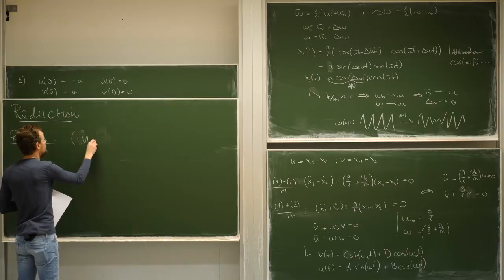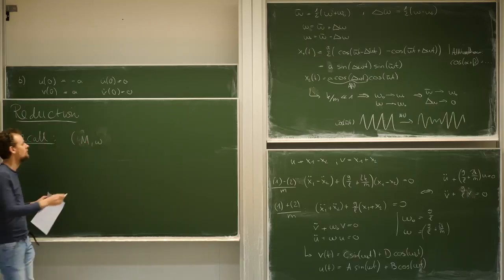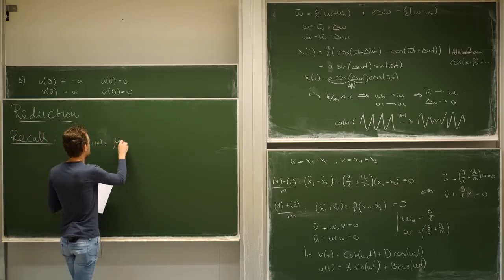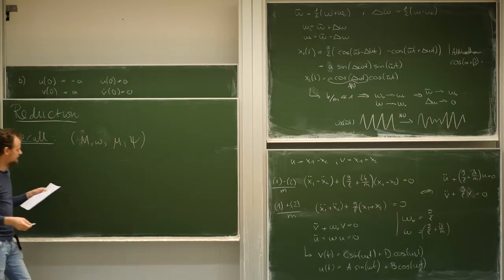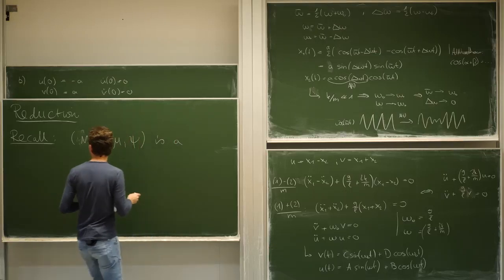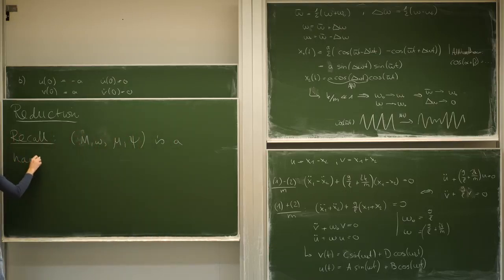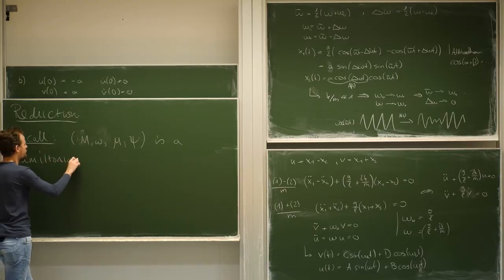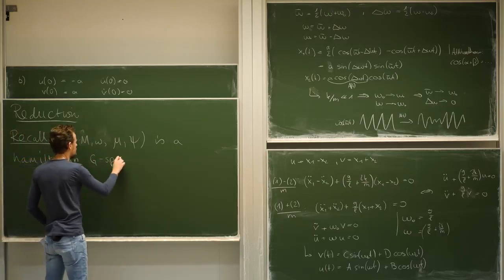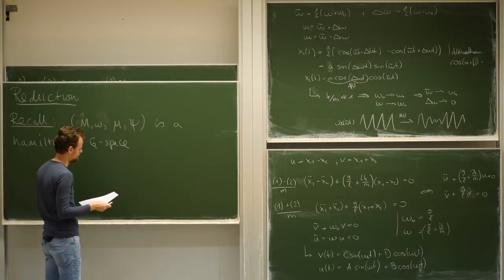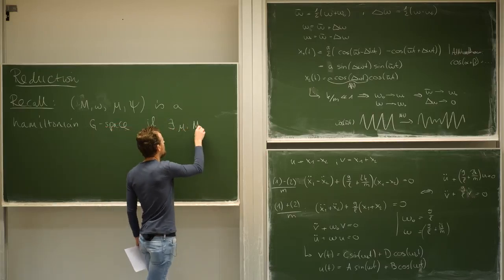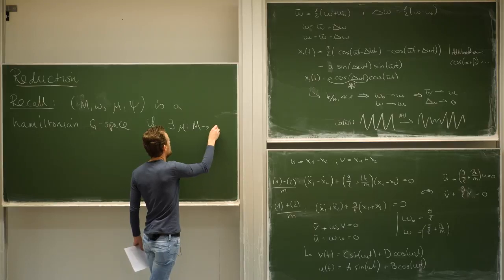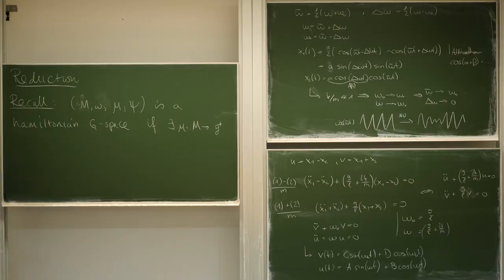we call this tuple of a symplectic manifold, a symplectic two-form omega, a function mu and a map psi a Hamiltonian G-space. We introduced this notion several lectures ago. And we call it such a thing if there exists this map mu going from the manifold M to the dual of the Lie algebra of the group G,